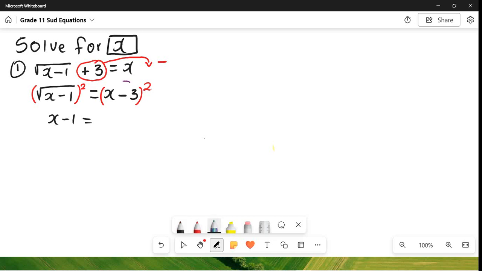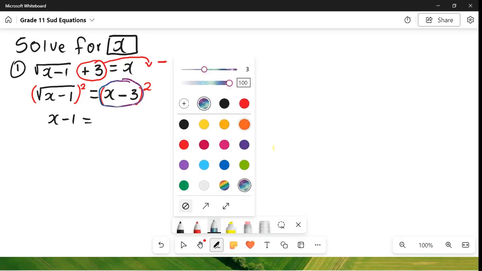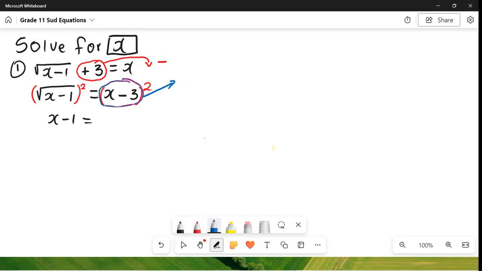x minus 3, maybe let me choose a different color. This one is a little bit funny. I don't like funny colors. Let's use a straight blue. We are going to have x minus 3